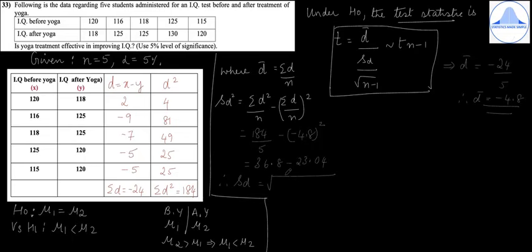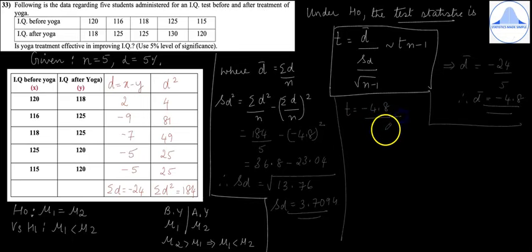I'm sorry, it will be 36.8 minus 23.04, that is 13.76. So SD will be equal to root of 13.76, which will result in 3.7094. So SD is equal to 3.7094. So substituting all the values in the T formula, we'll get T is equal to minus 4.8 divided by